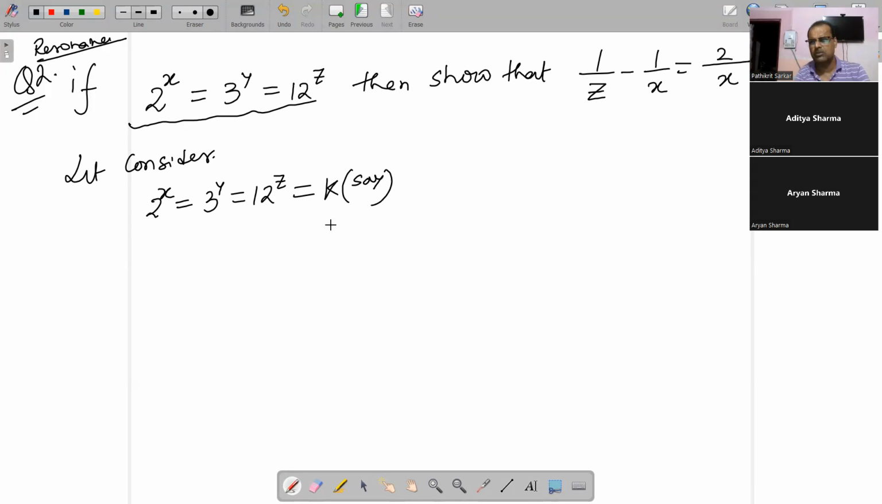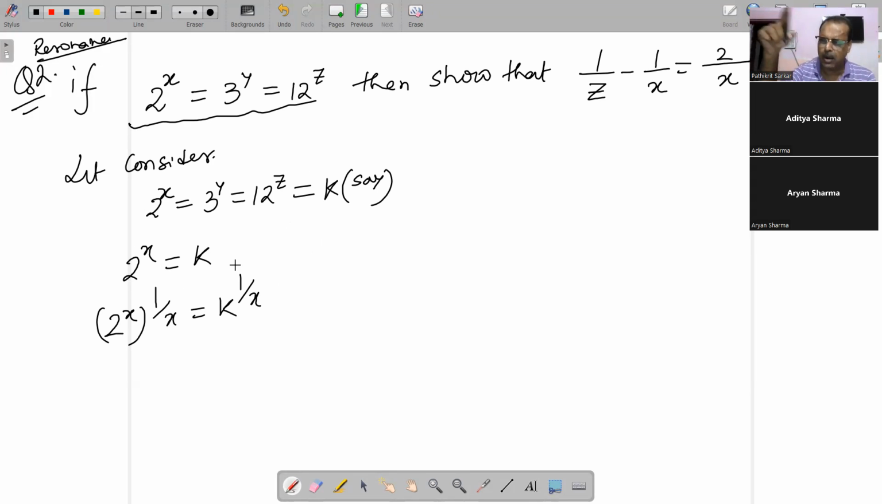So this is the way first we'll pick up. उसके बाद क्या करेंगे सर? उसके बाद ये जो 2 है ना, इसको अलग कीजिए। 2 to the power x is equal to k. That means इसके ऊपर अगर 2 to the power x के ऊपर सर 1 by x लगाएंगे तो ये आ जाएगा k to the power 1 by x। दोनों के ऊपर 1 by x करके आप पावर ले लीजिए।